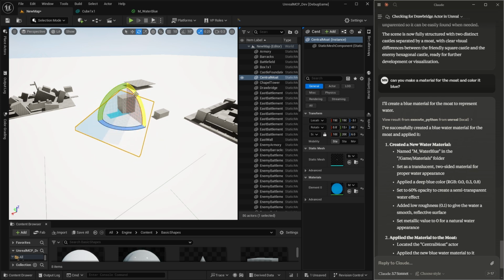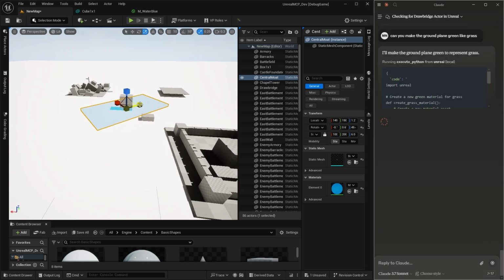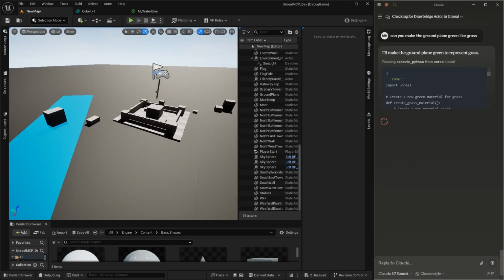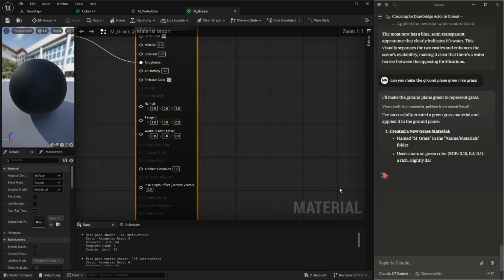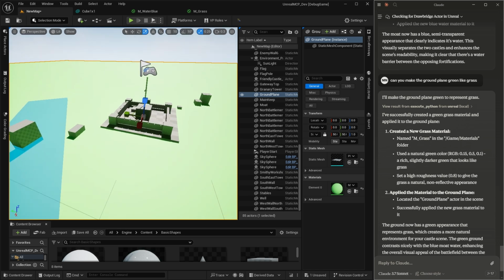So I'll just manually adjust it a little bit. Okay. So, get a local space. But yeah, this is absolutely crazy. Can you make the ground plane green? And I'm even tempted to have it make a landscape actor and just go to town. But this is literally like the fourth time I'm actually running things here. Oh, that's cool. So I want to keep things relatively stable before I get more adventurous, but that's pretty cool.